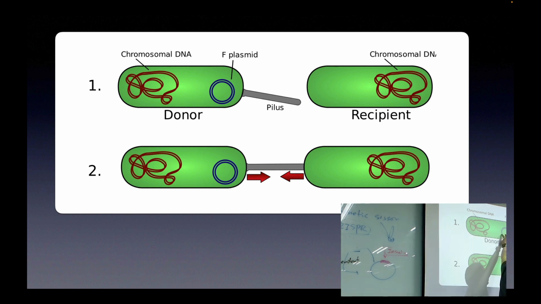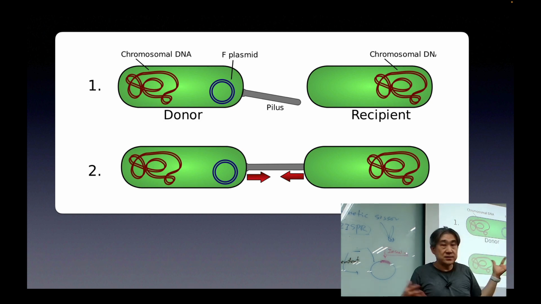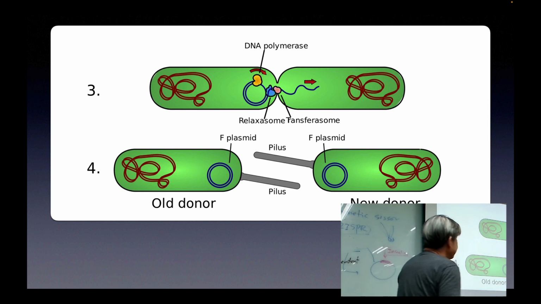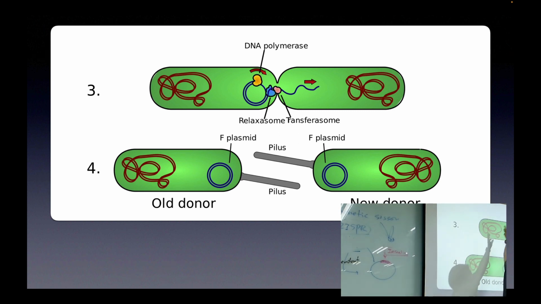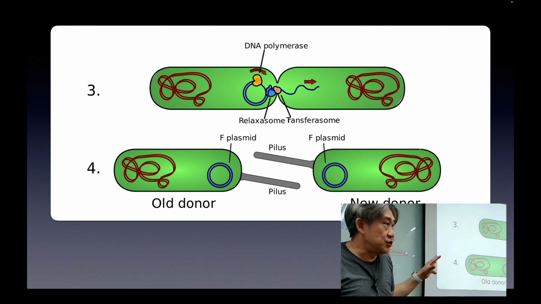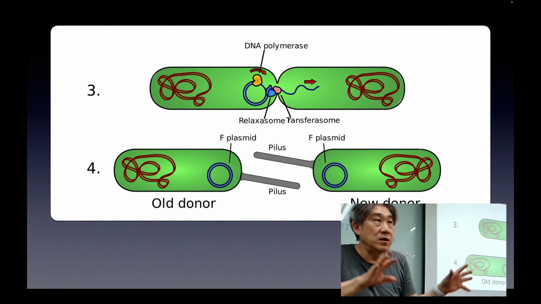Through this sex pilus, this plasmid will be transferred into the next bacteria, like this. So this plasmid is being replicated, but this newly synthesized replicated copy will move to this other bacteria instead of staying over here. So that's one of the main mechanisms by which this gene is transferred from one bacteria